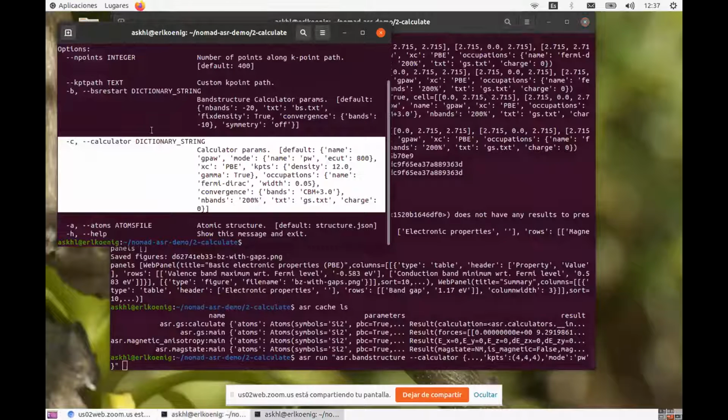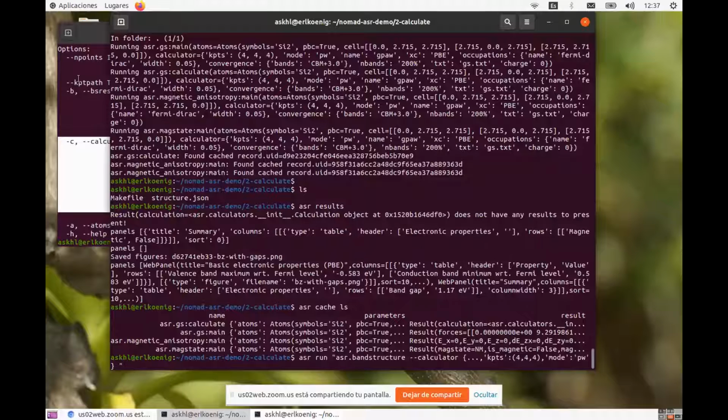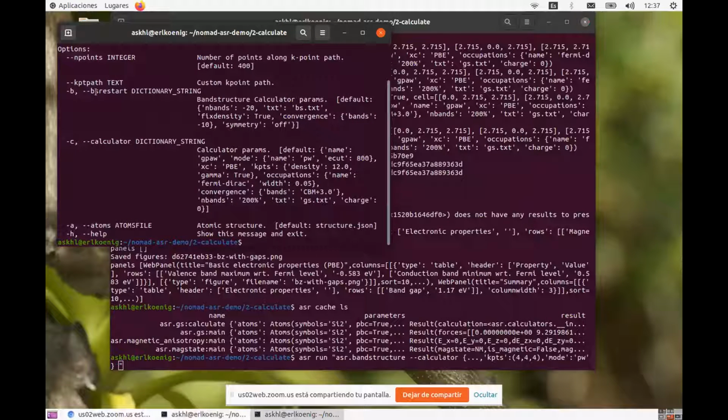Then it takes a special dictionary called BS restart. What it will do when we run the band structure calculation is that it will read the ground state calculation that we already performed, or perform it, if it was not performed already. And then from that, it will fix the density and it will set some other convergence criteria. And then we get the band structure from that. I think I don't need to change any of these,